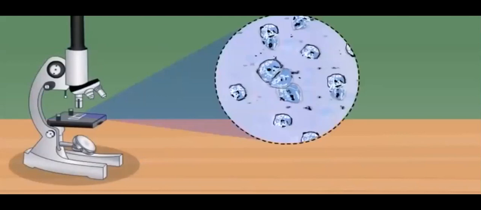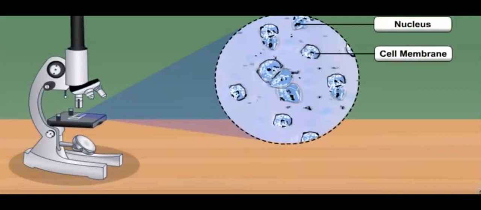You will be seeing the cells like this, as shown on the screen. This is the animal cell. Cheek cell is an example of an animal cell. You have the cell membrane. You can see the nucleus, the round, dense bodies which are deeply or darkly stained. You have the cell membrane and you have the cytoplasm, granular cytoplasm. The cytoplasm does not appear as darkly colored as the nucleus. So these are the three important parts to look for when you see the temporary mount of the human cheek cells.